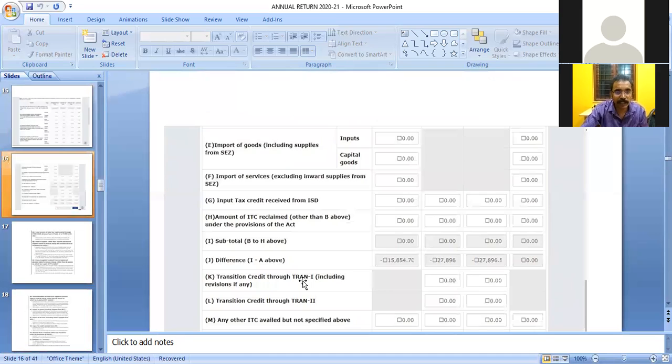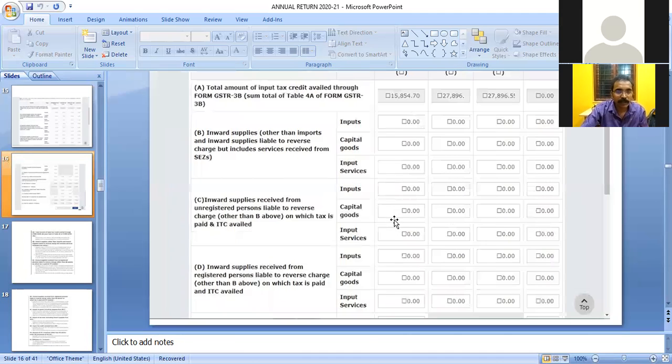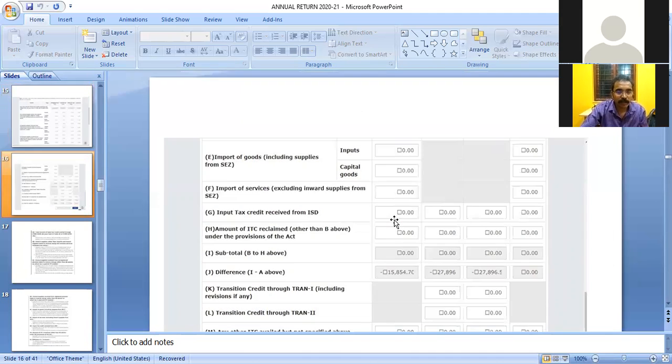Amount of ITC reclaimed means that ITC availed, reversed, and reclaimed in the same financial year 2020-21. The amount shall be bifurcated and shown separately in appropriate columns so that double entry does not occur.